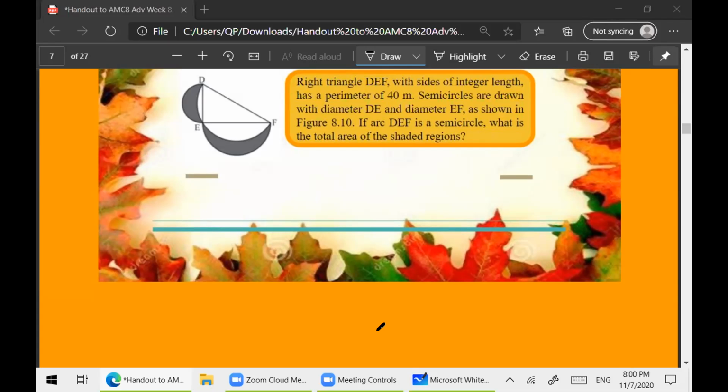Okay, so I'll just give a little hint for this problem. A right triangle with integer side lengths and a perimeter of 40, and the only triangle that satisfies this is 8, 15, and